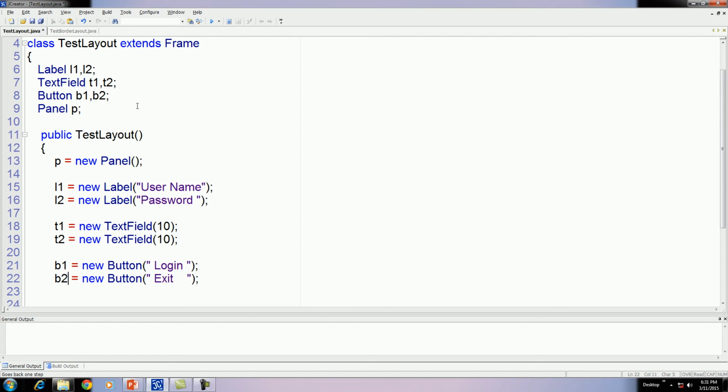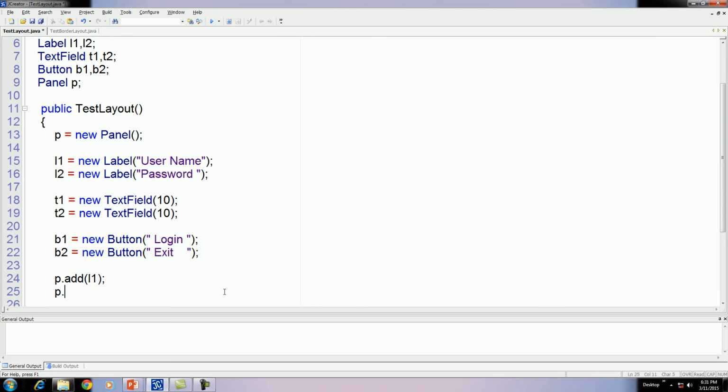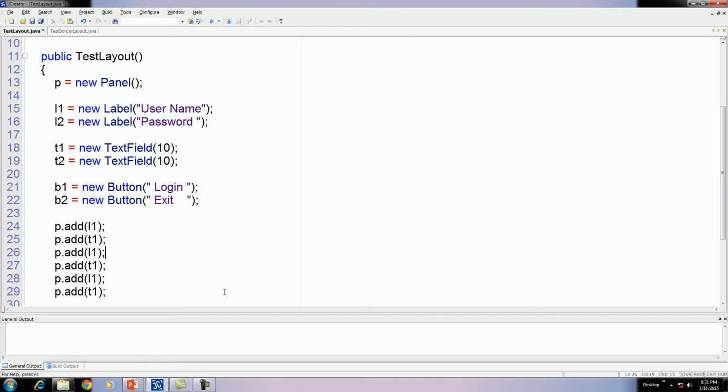Here we don't need to give an event to the controls. Therefore, here we did not implement any listener. Now simply add these controls to a panel: T1, then L2, T2, B1, and B2.